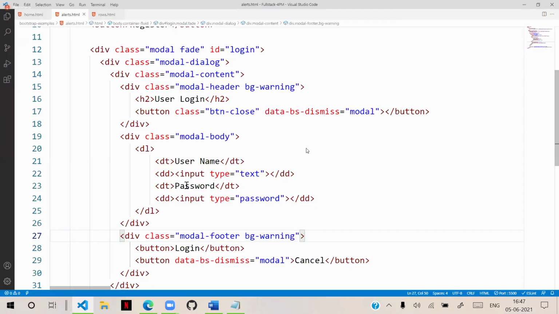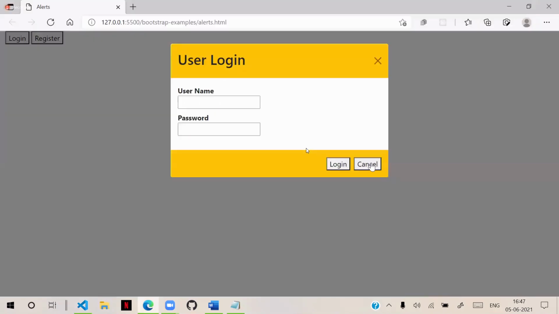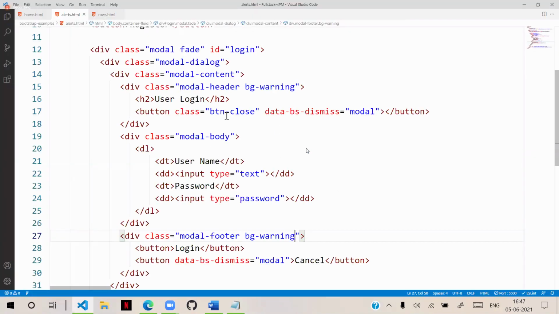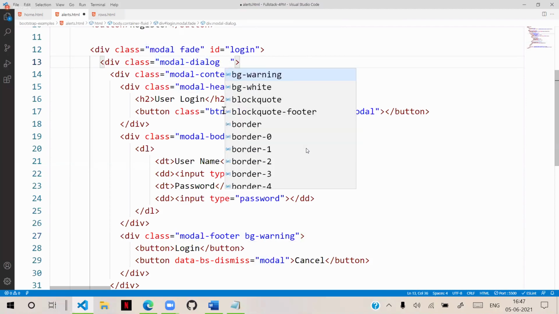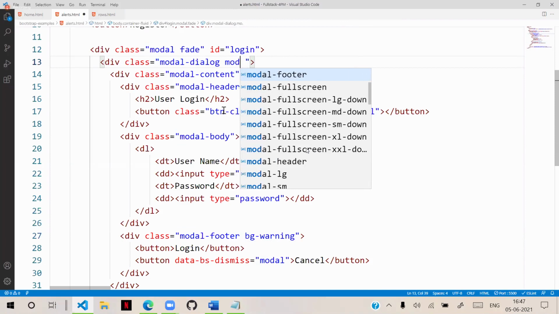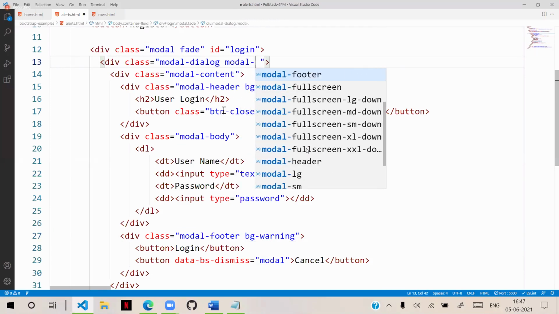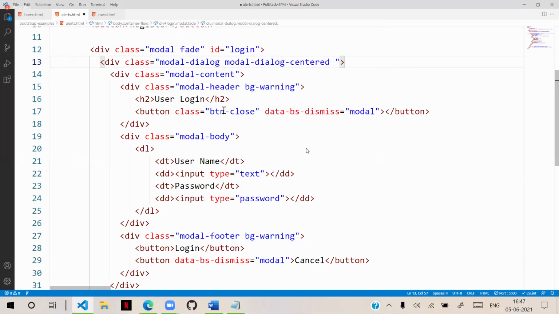Usually important is, suppose I want this modal to display in the center of the screen. Then what you can do is, in the modal dialog which is opening, you have to write modal-dialog-centered.